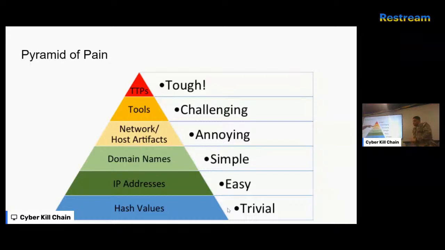And then tools, right? Those are specific frameworks that they're using to actually exploit things. So you can see, oh, they throw a Metasploit interpreter or something, right? The specific tool that they're using to actually get on the network. And then the most difficult thing to identify people by is the tactics, techniques and procedures. So the way that they are actually getting onto the network.